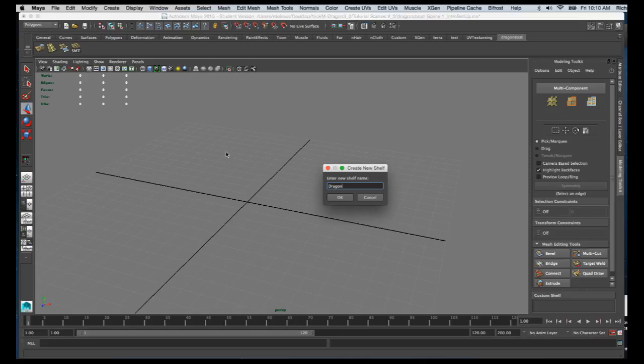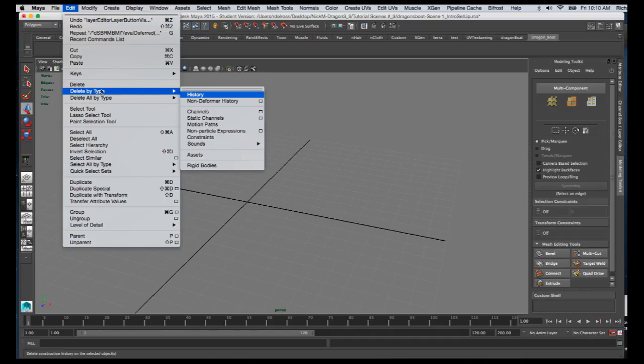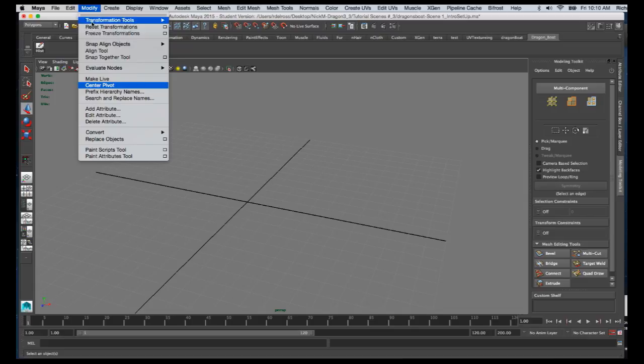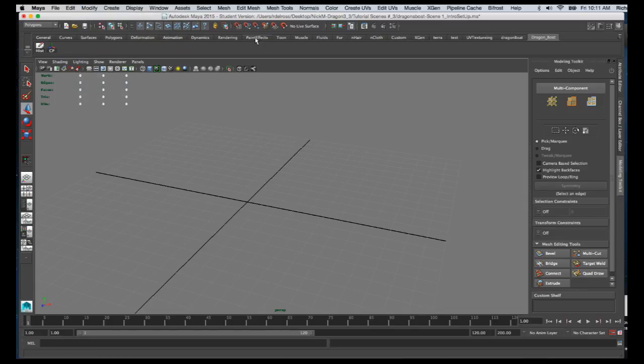And I'm going to start to add some of the essential tools on my toolbar. Now, if I hold down my Control and Shift, I can use these menus at the top to add the tools I want. So we're going to add the essentials, and as we need more tools, we'll just add them. So first off, I'm going to go to Edit, Delete by Type History, and then I'm going to go to Modify, Center Pivot, and then I'm going to go to Edit Mesh, and I'm going to choose Extrude